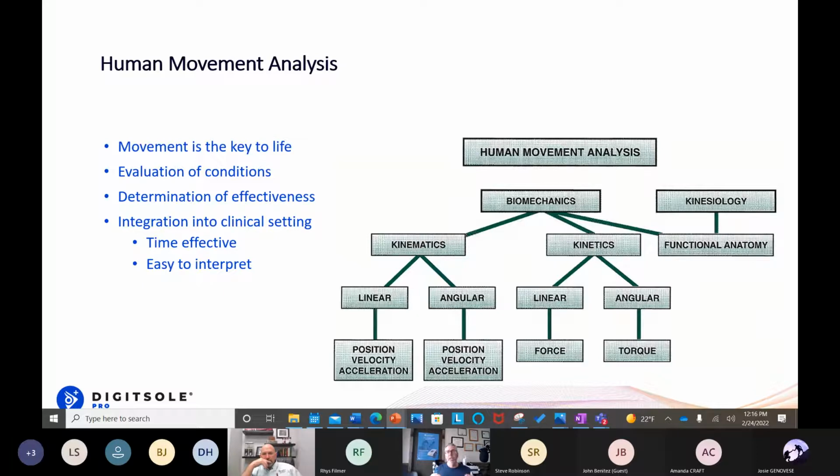But our limitation. So in the clinical setting, and this is identified across the board with all kinds of physical agents and other tools that we utilize beyond what we learned in the clinic, is it time effective, and is it easy to interpret? So the limitation is not having enough time, because let's face it, one of the things that influences some of our patient care, hopefully not all of it, is the reimbursement, and how do we get paid? And it doesn't matter if you're looking at reimbursement by third-party payers, or that shift in the financial responsibility to the individuals, but